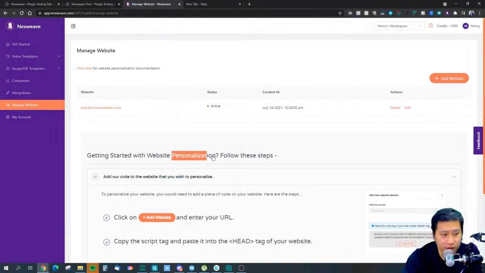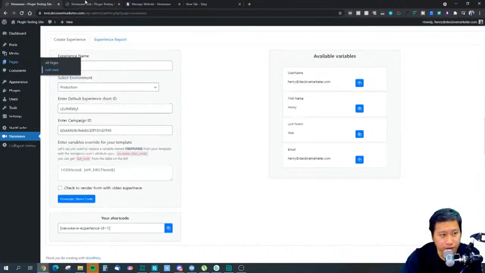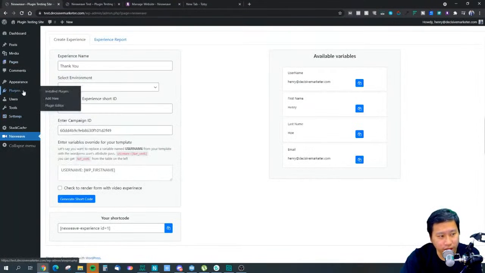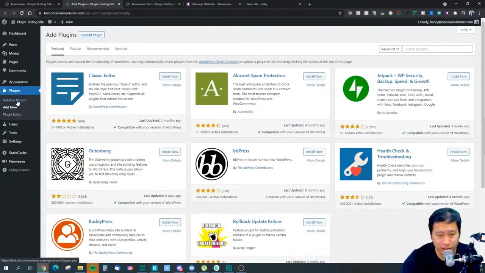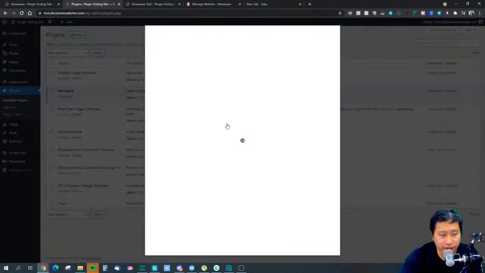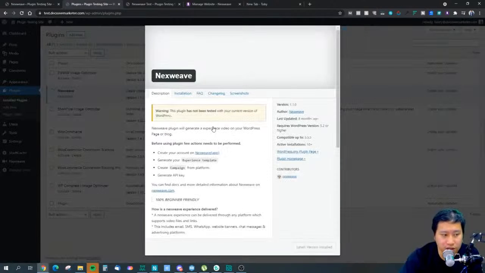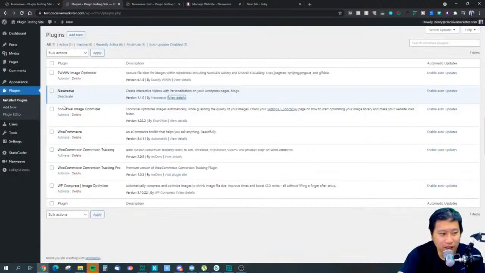So what I'm going to do right now is, all you need to do is go over to your WordPress site, go to plugins and install the Nexweave plugin, which I've already done. So this is the plugin that they have. All you need to do is install this plugin. There aren't many people using it right now, because it's only 10 plus active installations, but I'm going to be using this right now,